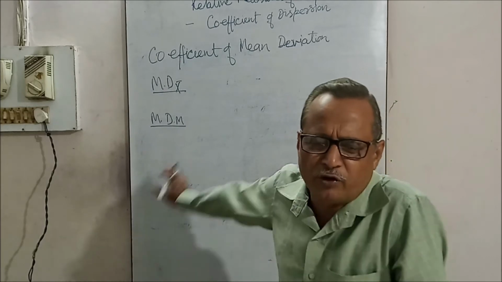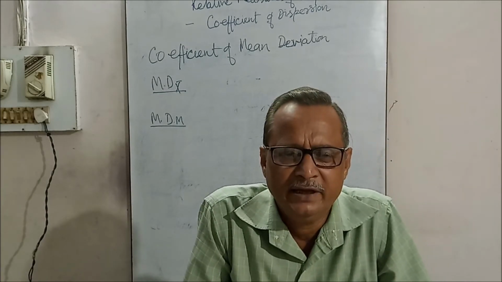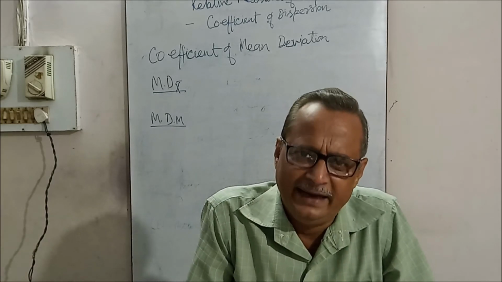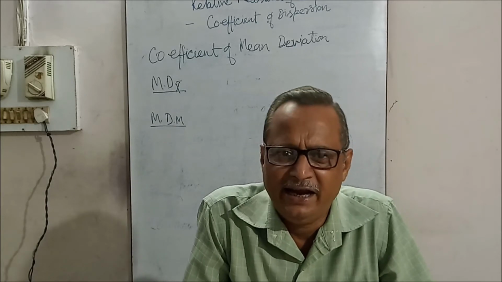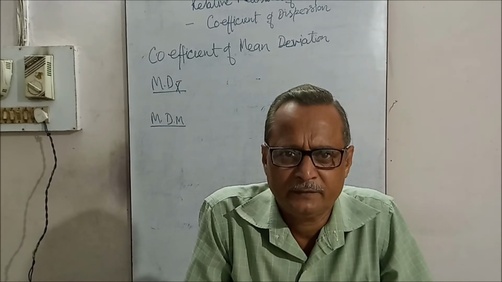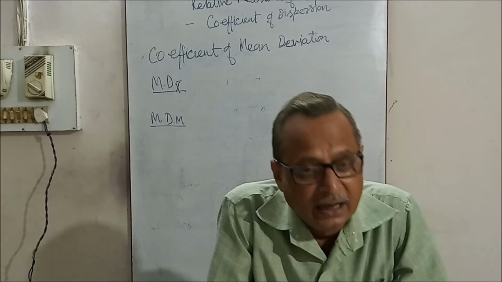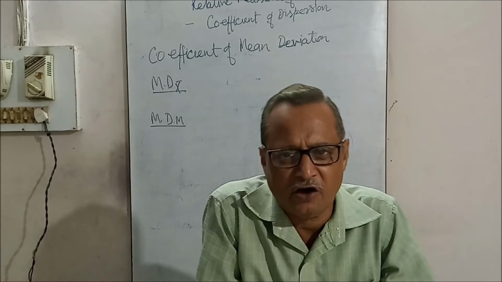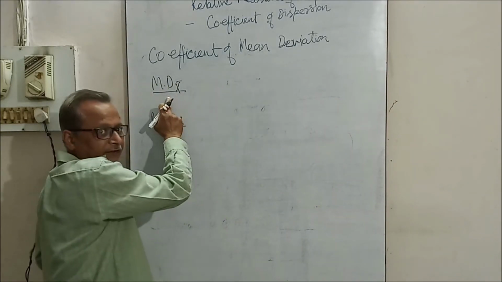In the case of the median, you have to ascertain the actual median, then find the deviation from the size of item, that is from x. If it is a continuous series, then multiply all the deviations from x, either from the mean or from the median, by f, and find f dx from the mean and f dx from the median. And then mean deviation is calculated, and we have to ascertain the coefficient.